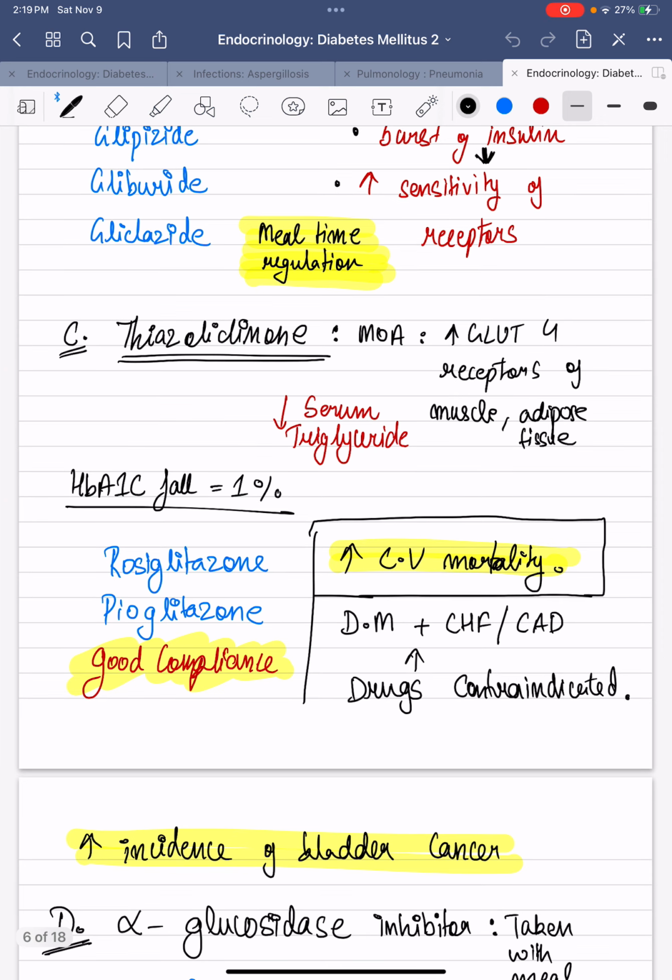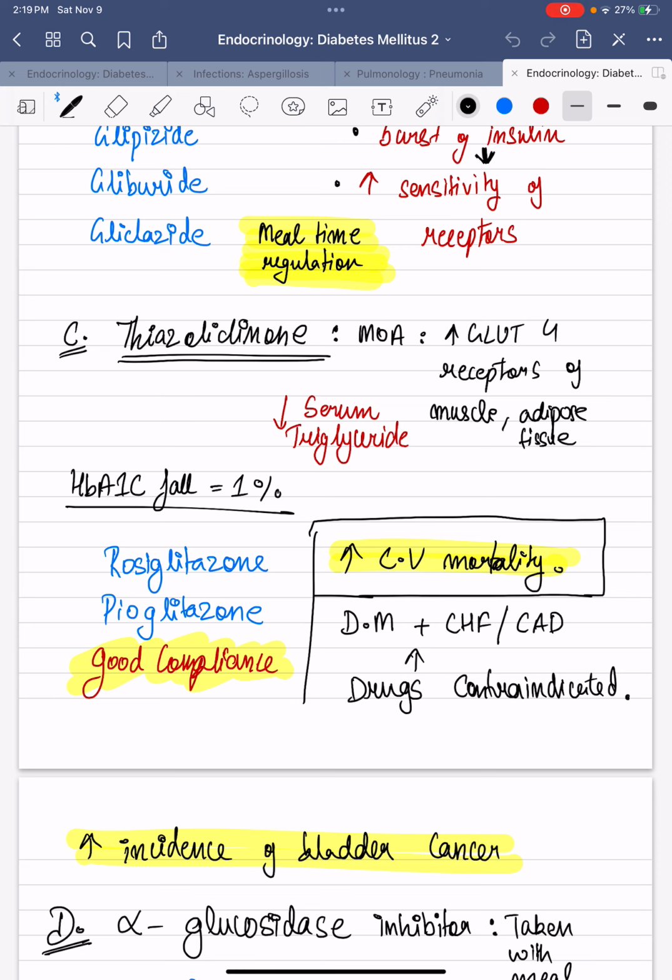Now the third class is thiazolidinone, whose mechanism of action is that it increases the blood flow receptors of the muscles and the adipose tissue, and it will decrease the serum triglyceride. The HbA1c level fall due to this drug will be 1%. In this class, the two drugs we know are rosiglitazone and pioglitazone, and patients will generally have good compliance with